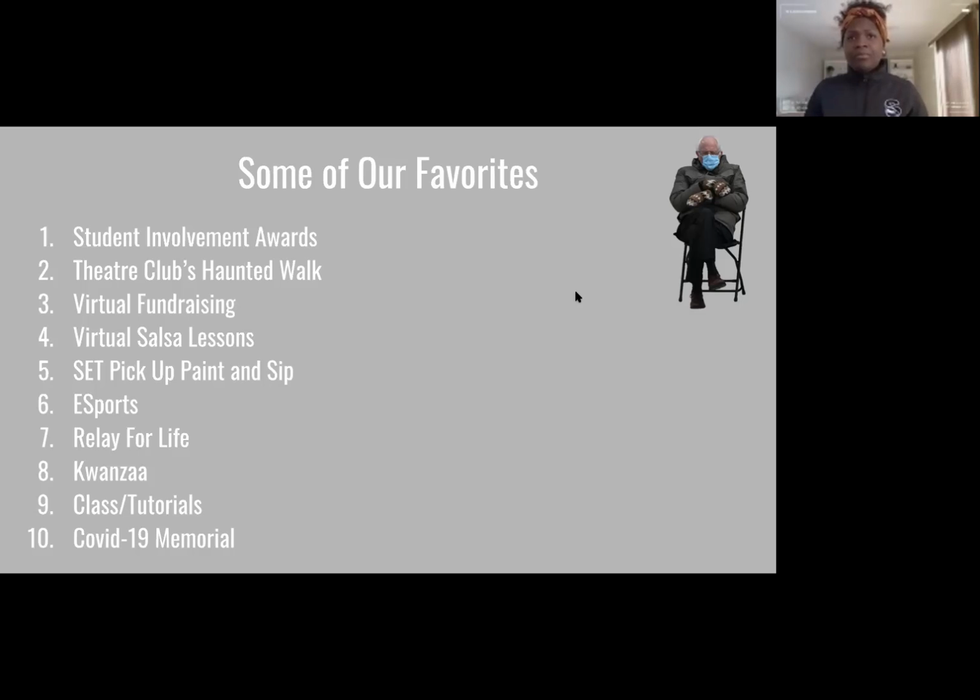So there are programs where people can pick up the supplies, like a pickup hot cocoa bar where you pick up the things that you want, like the little kit, and then you sit down and have a fireside kind of environment with the mugs and the hot cocoa. So those are some of the programs.